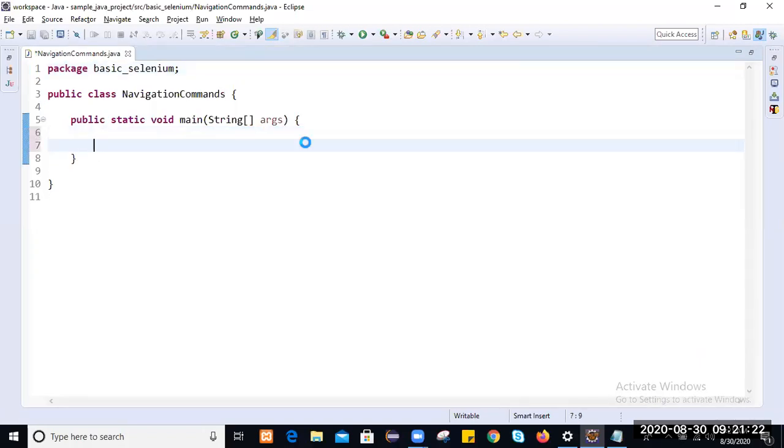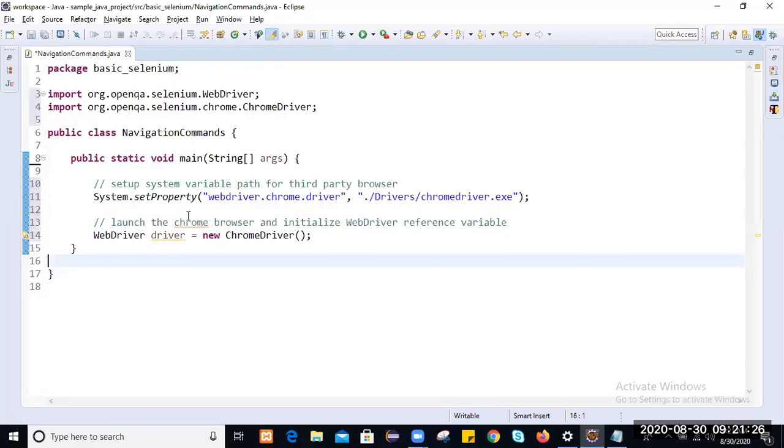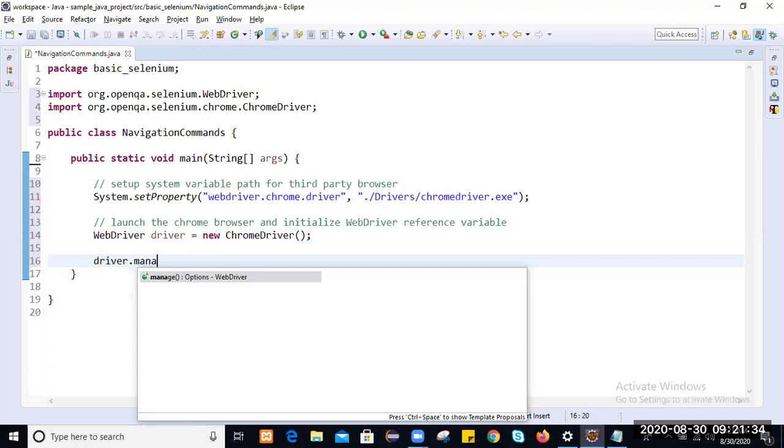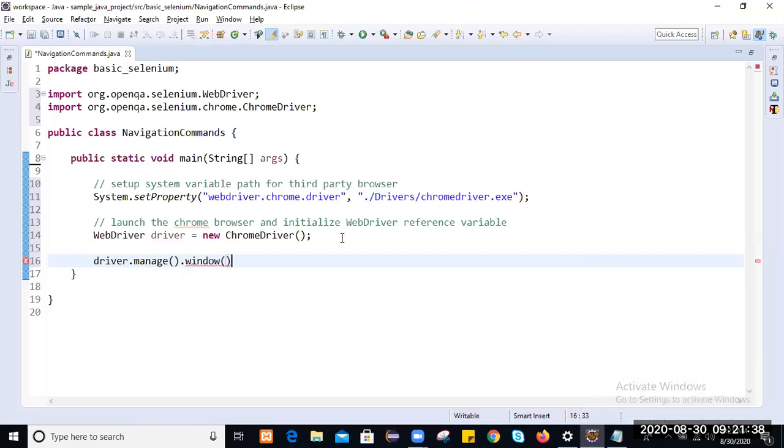In simple, these two lines, Control A, Control C, and paste them. Write this, set up the system variable path, then maximize the window.